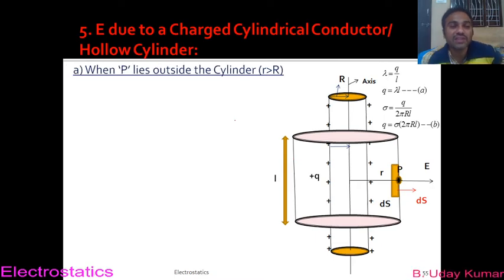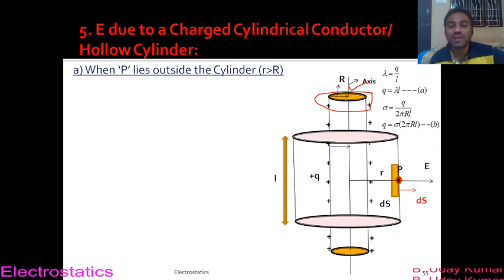So this is the integration, the derivation part. So anyway, the point that I have chosen is present outside the cylinder, right? So this is our first case. This point is present outside the cylinder. Okay, outside the cylinder. Which cylinder? The real cylinder. The charged cylindrical conductor is the real cylinder, and we are trying to find the electric field intensity of this cylinder at a point P outside it.